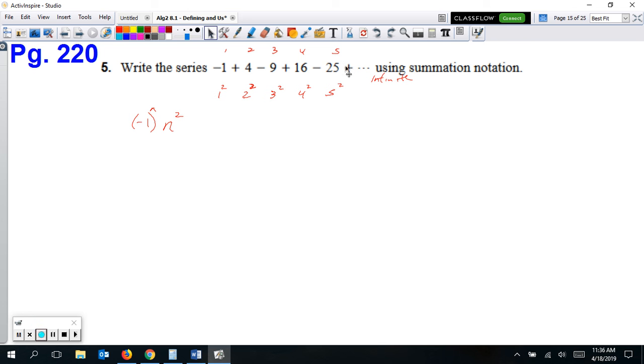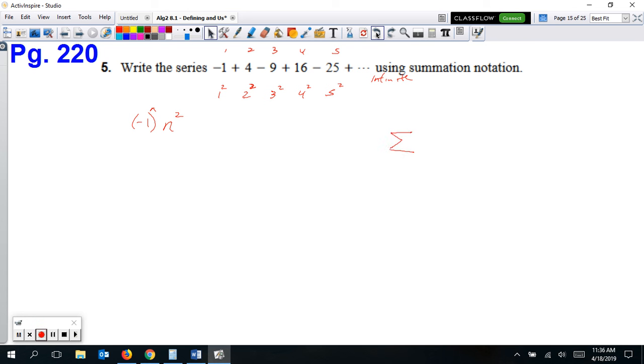That way the sign will alternate. When it's an odd power, it'll be negative, but when it's an even power, it'll be positive. That's what we got here. And then we can multiply that times our numbers here with the n squared. Alright, so now we kind of get the idea of what the rule is supposed to be. Let's go ahead and write our